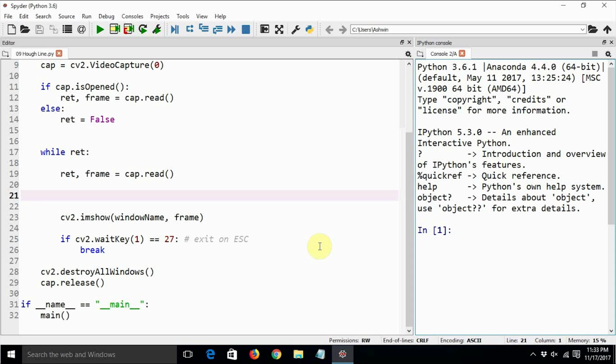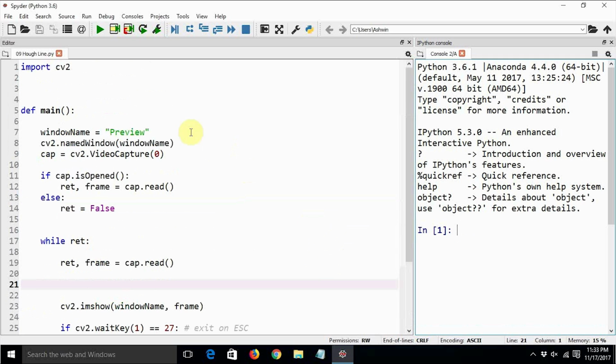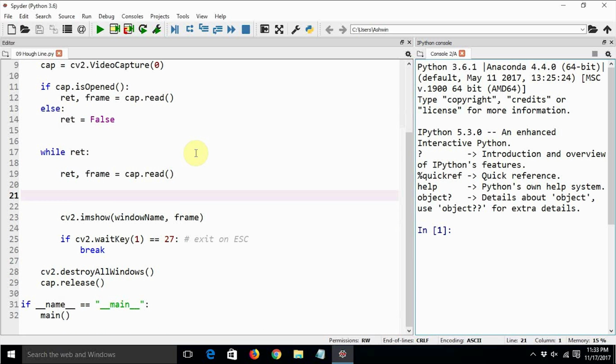So this is a template. Let's get started with the programming directly. While typing in the code, I will explain the code line by line. This is the template of a program which shows the live video feed from the webcam. Let's execute it. We have already seen this program in our earlier tutorial for the basics of OpenCV and webcam. Let us execute this code and see what the output is. The output is going to be a real-time window where you will be able to see the real-time feed from the webcam.